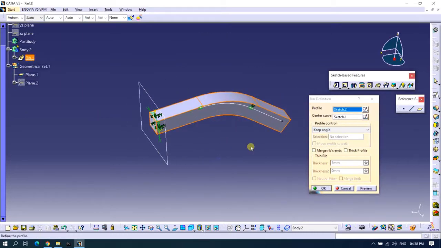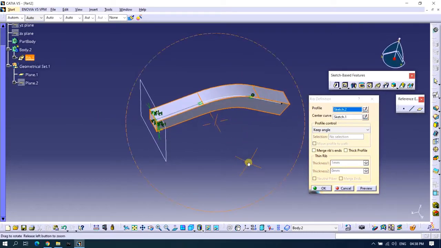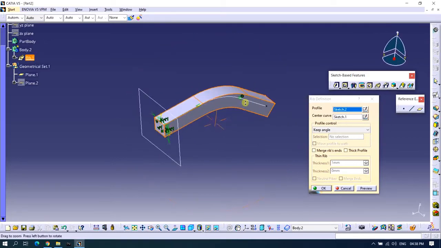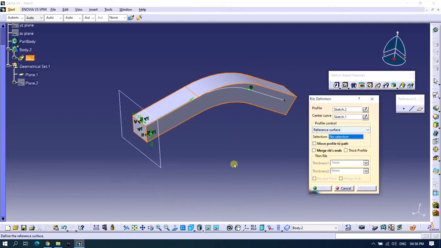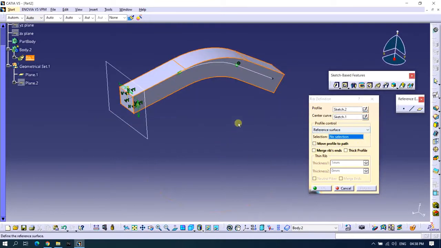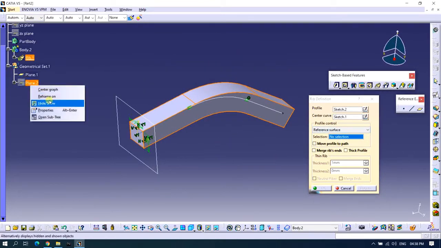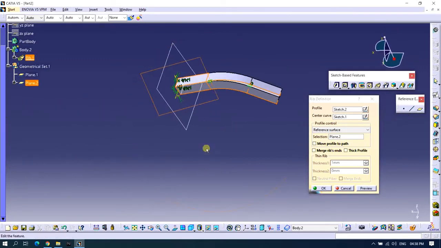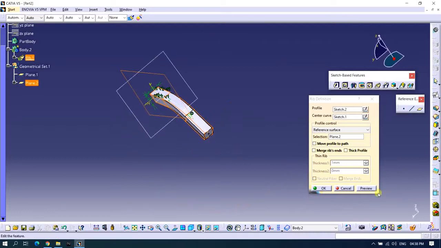this is RIP command with profile control of keep angle. So let's select the third, that is reference surface, and we will select selection as this plane. So now you can see the change.